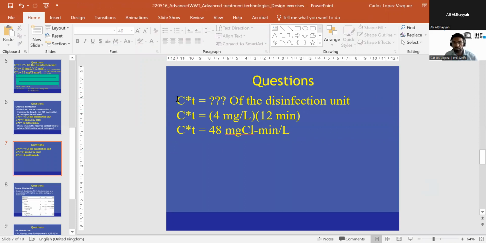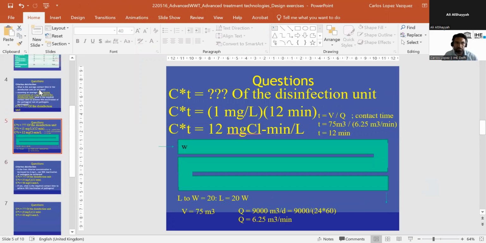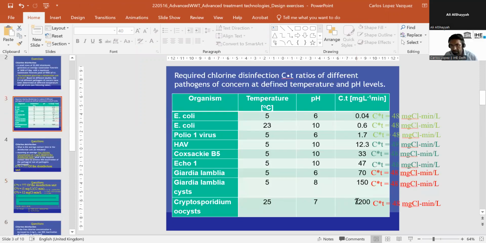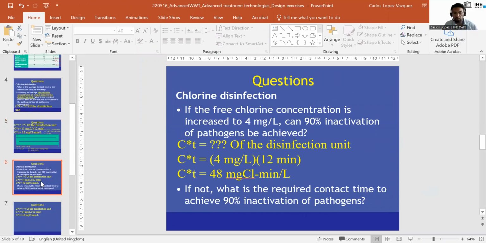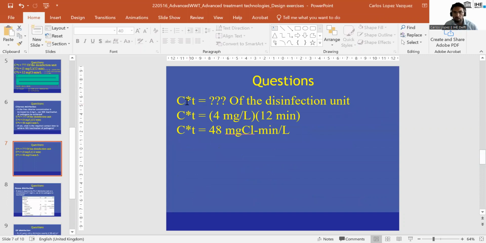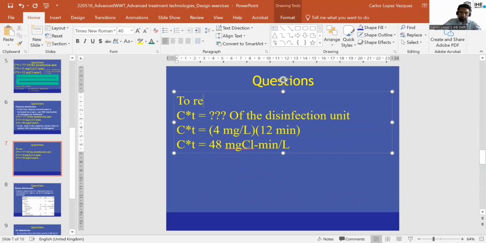Now is the related to the time. So if we see that we have 48, that limits the disinfection because we need up to 7,200. That is a CT. So then what we can do is to calculate what is the CT, or in this case, given that the concentration is fixed, what is the time that we need to reach the inactivation of the most difficult